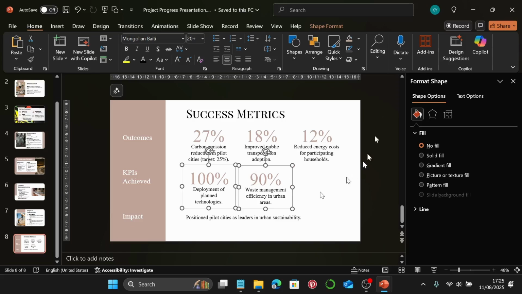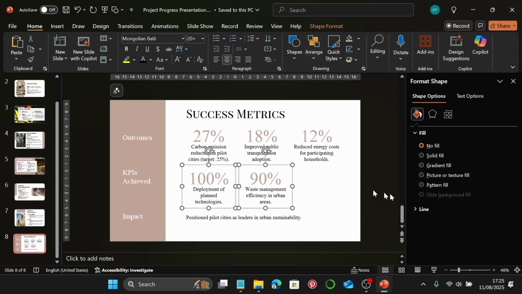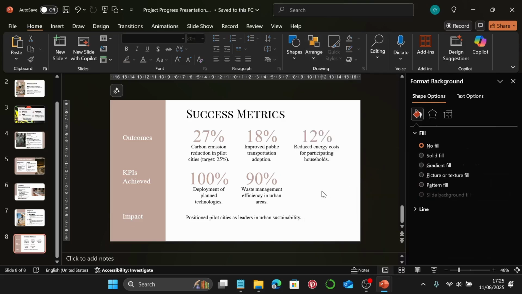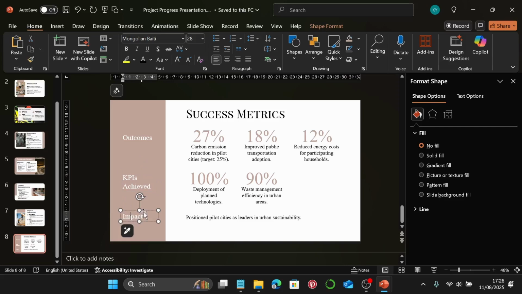I'm going to select this, arrange, align, and I'm going to align top. These two are already aligned. Let's make sure that these two are aligned. I'm just going to arrange, align, and I'm going to align left. Let me select KPIs, and I'm going to use my arrow key to eyeball it. It doesn't need to be perfect because this one on top isn't perfect, so we just need to get it close enough. For impact, I'm going to just select it and bring it